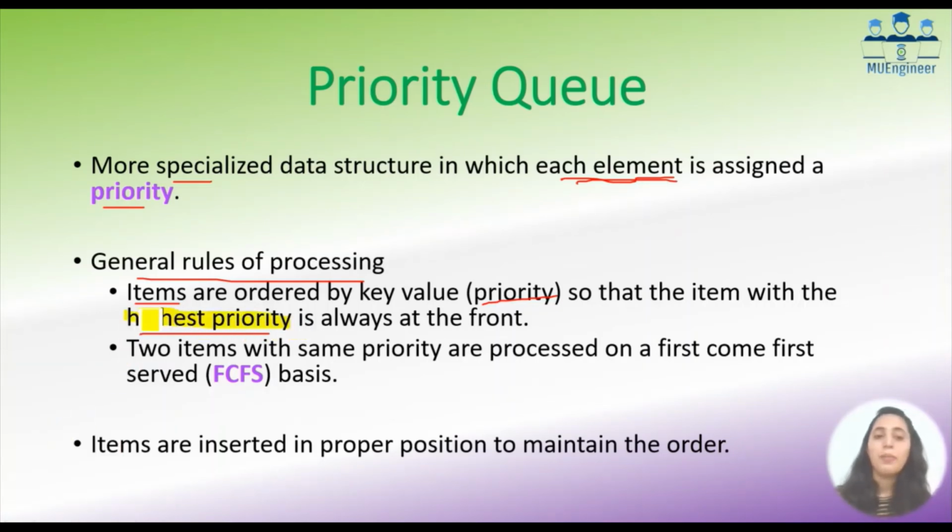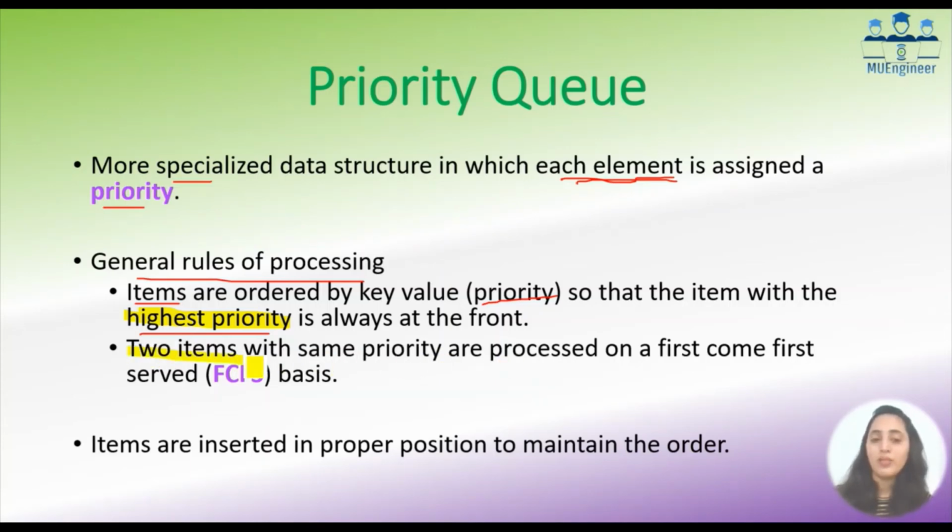Okay, so say for example we are standing in a queue for a ticket, and if there is a handicap or specially able, differently able person who has come, so obviously he will get the first chance to get the service because he is given higher priority as compared to other people. So that way there are some items which got highest priority. So अगर कोई highest priority आएगा उसको front में डालेंगे, उसको सबसे पहले service मिलेगा. It will be executed first. Yeah, that way there are two items at the same priority.